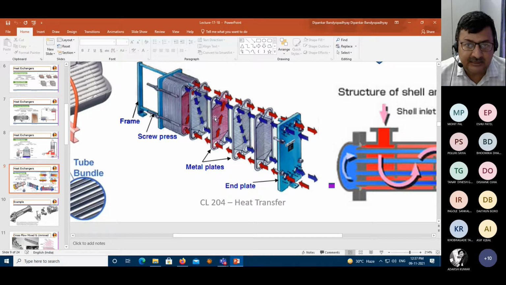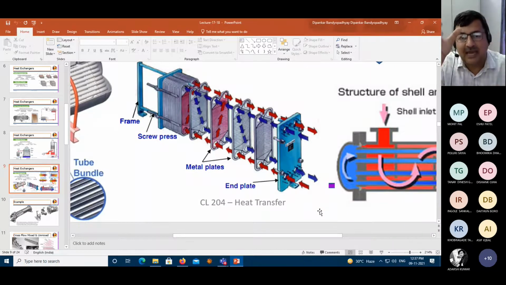If there is one hot plate, it is surrounded by two cold plates, and one cold plate is surrounded by two hot plates. The design is made in such a manner that it comes down and then comes out from here. Essentially, it looks like a very simple mobile-like device, while a shell and tube heat exchanger is a box a little larger than this. You may see it's the size of this particular room, but this compact heat exchanger will look like a computer CPU type, and there you have n number of plates compressed like this.